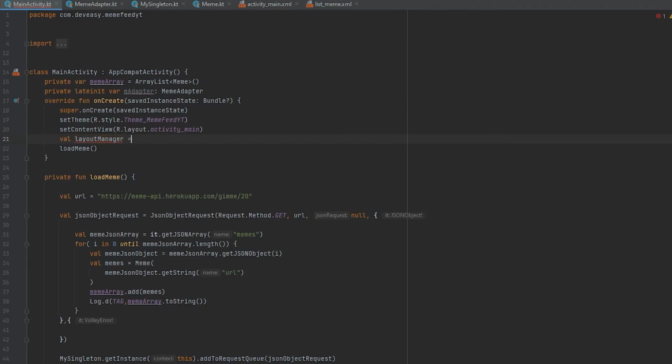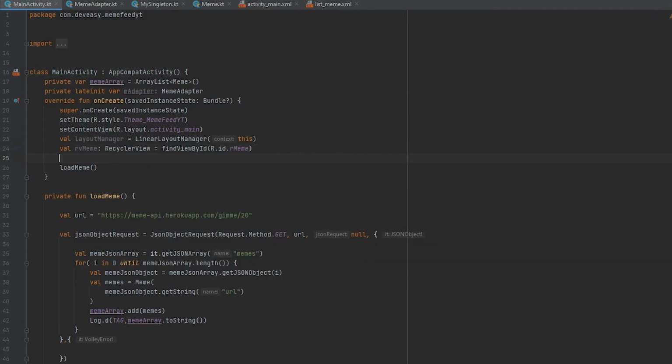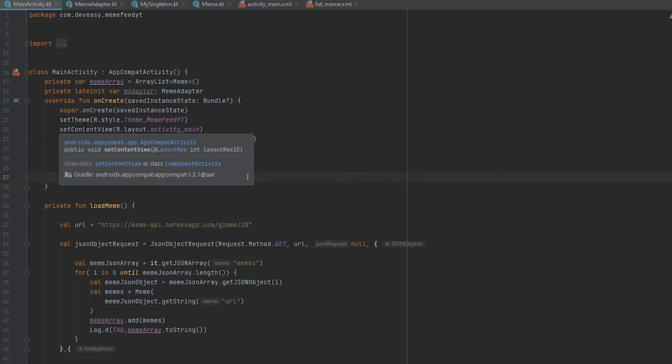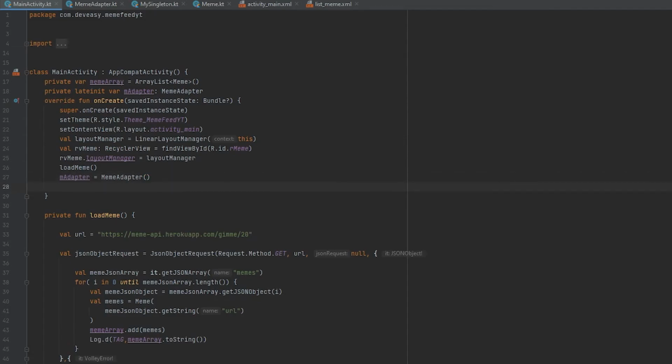So we have layout manager that is equal to linear layout manager, and we will pass the context as this, and then we will take the recycler view, rv meme dot layout manager is equal to layout manager. Then we assign the value for our adapter. Our m adapter is equal to meme adapter, and we are not passing anything, so we will leave it like that. Then recycler view meme dot adapter is equal to m adapter.